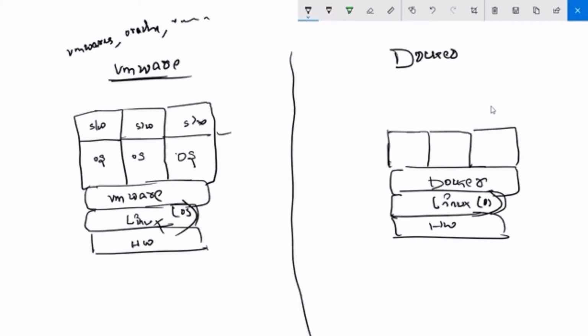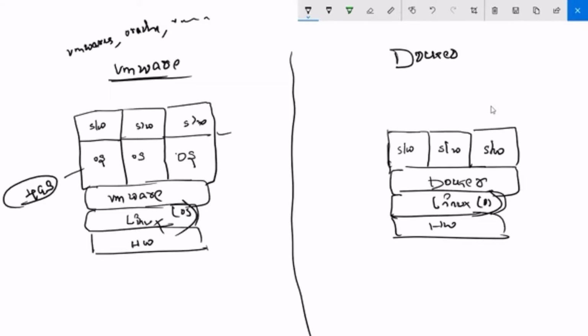So the only difference between VMware and Docker is that here we are not going to install any OS, guys. Directly we install software. Here we are not going to install any OS. For example, each OS image takes a minimum of 4 GB. Minimum. You take VMware or Oracle VirtualBox, so on average it takes 4 GB in total.